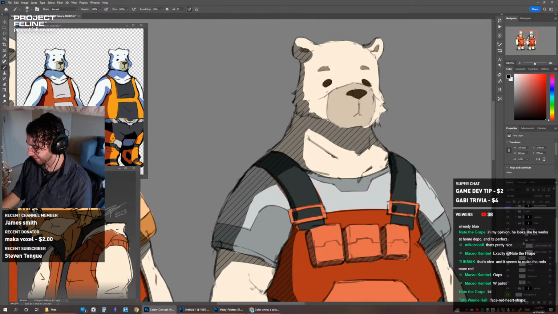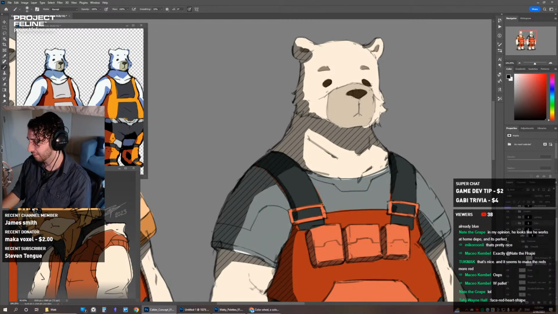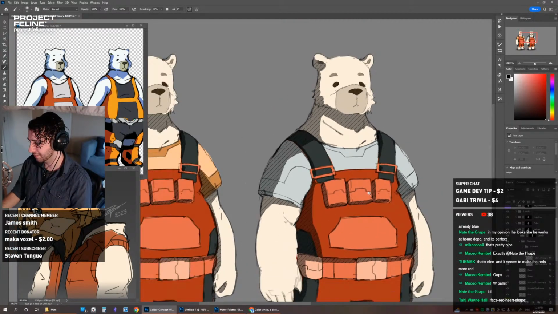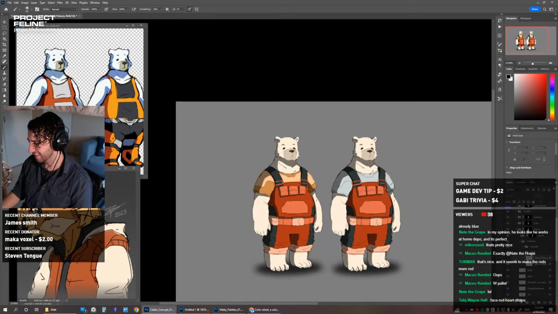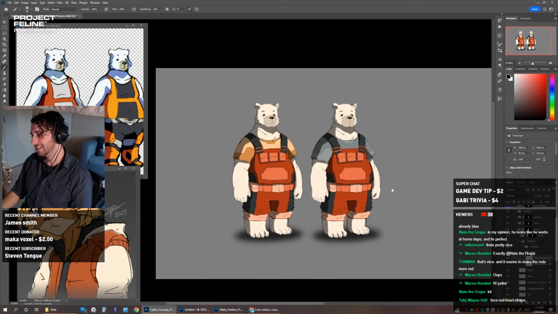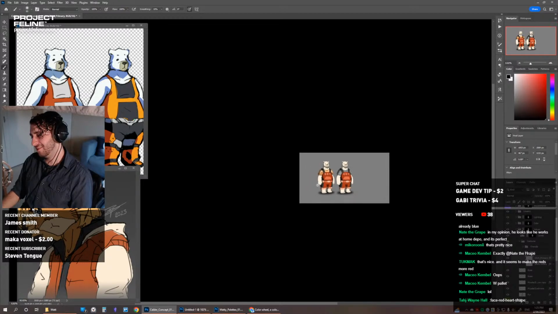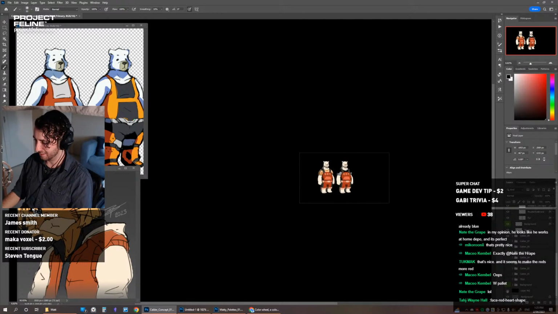Oops, sorry, my bad. I was on the color layer. I like it, but I just want to try one more thing with this shirt. Like if I made it all one color. No, maybe I'll leave it alone.